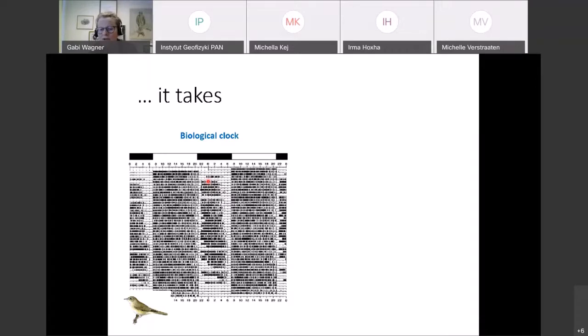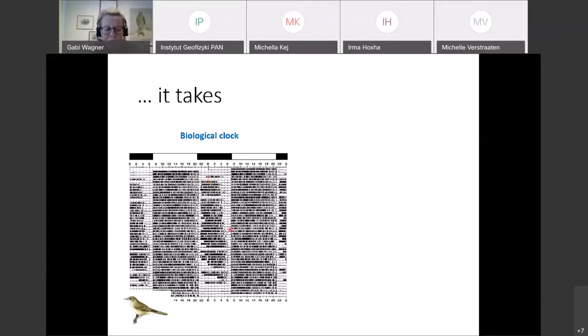So not only do they know that they have to go south, but they also know, okay, across Europe, I need to go slightly southwest to make it to Gibraltar, which is the shortest crossing over the Mediterranean. And then after that, I need to change my direction and go southeast to make it to the tip of South Africa. So even these directions are programmed in the birds, and they also have the genetic makeup that tells them at what point of the year they have to change direction to arrive in a certain location. So an amazingly fixed program that these birds have evolved.